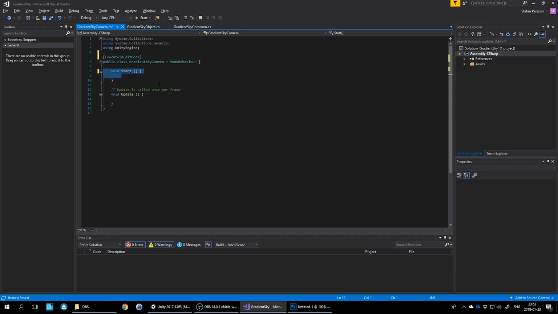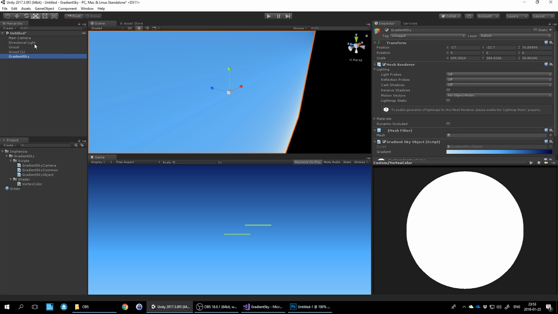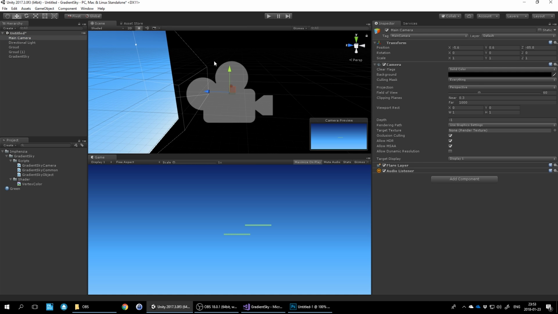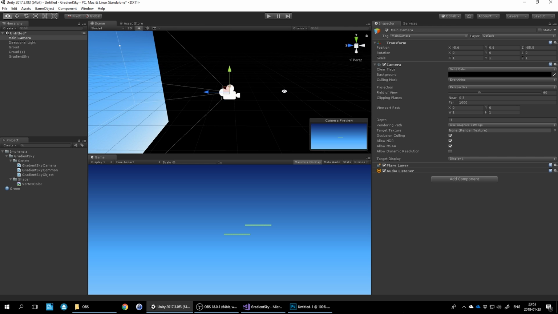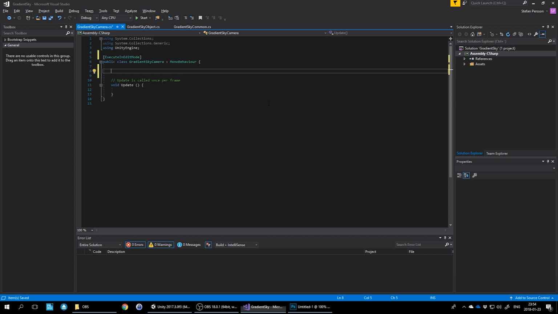And then we want to have the ability now to put this gradient sky at the camera instead, right here by the near clipping plane, or by the far clipping plane over there. And we want to resize it and rescale it to ensure that it's always exactly this size. So when you define a gradient, you're going to know that the color that you set at the top is always going to be at the exact top, and the bottom one is always going to be at the exact bottom. So what we want to do is create an enum here